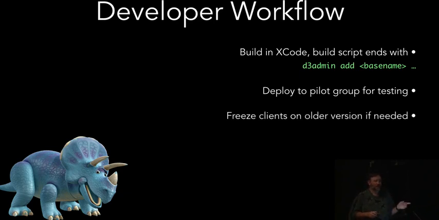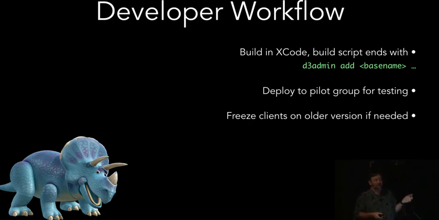A lot of times they'll have, because there's several different movies in progress at the same time, they'll have this group of people who, they don't want to change the version of that tool because they're getting close to done. We don't want to be messing with their workflow, but we've got all these new features to release to everybody else. So we'll freeze them. We'll then have another group that we're testing the absolute latest version on, and then we release the currently good version out to the whole studio. And they use, like I said, they use smart groups and they use other tools to manage that and keep